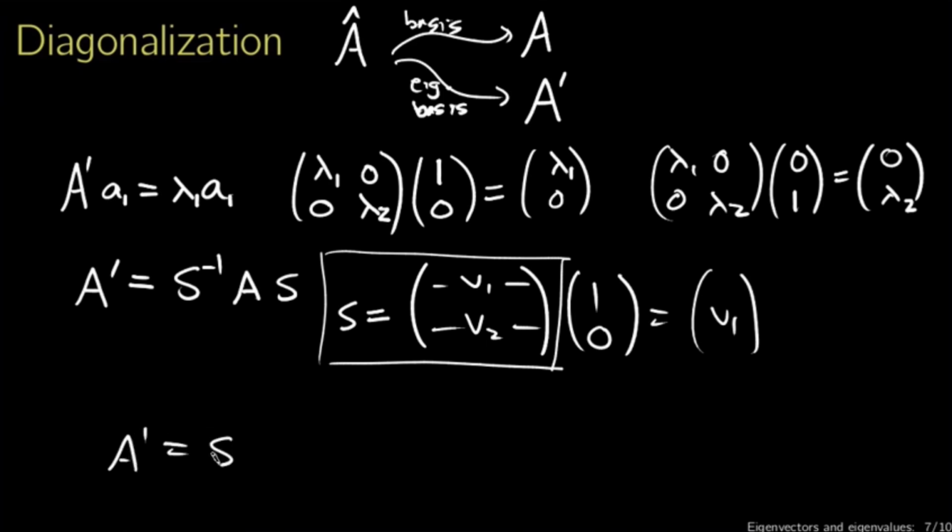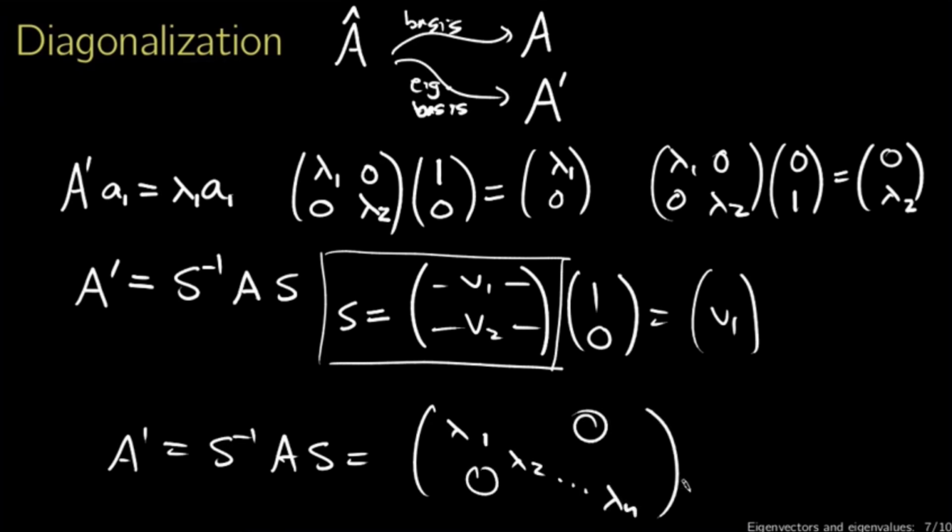So A prime is equal to S inverse A S, where S is given here, and it has this form: lambda 1, lambda 2, dot, dot, dot, up to lambda n, with zeros off diagonal. So we have our eigenvalues along the diagonal, and we have zeros off diagonal. This is the process of diagonalization,